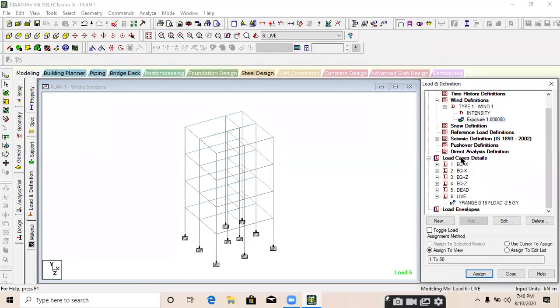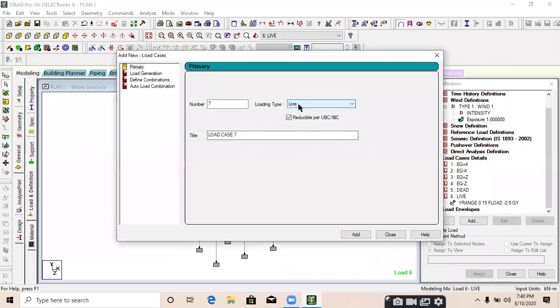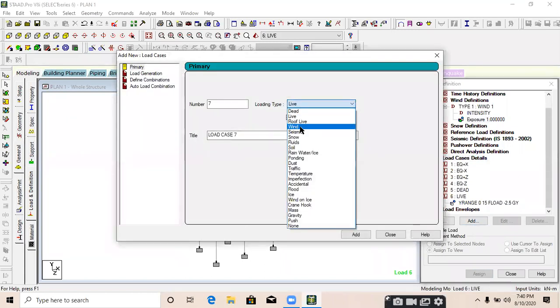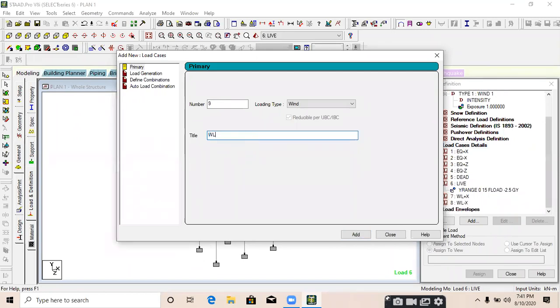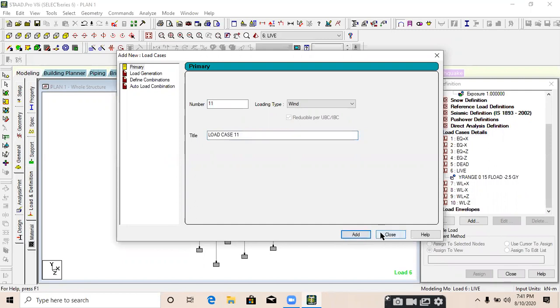Then go to load case details, add, loading type will be wind over here, and create 4 different cases. First one, wind load plus x direction, then wind load minus x direction, wind load plus z direction, wind load minus z direction, add and close.